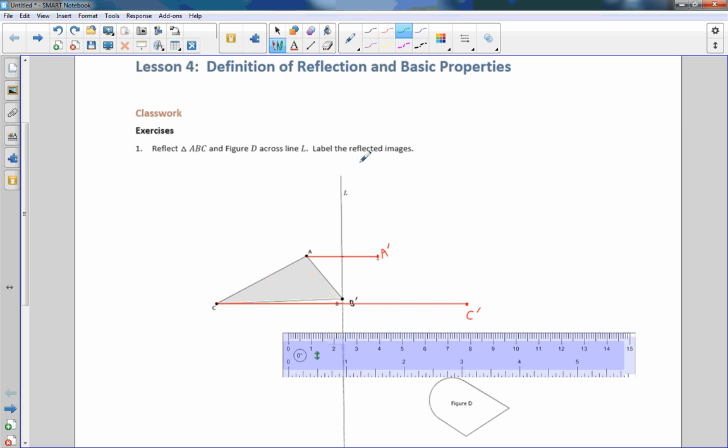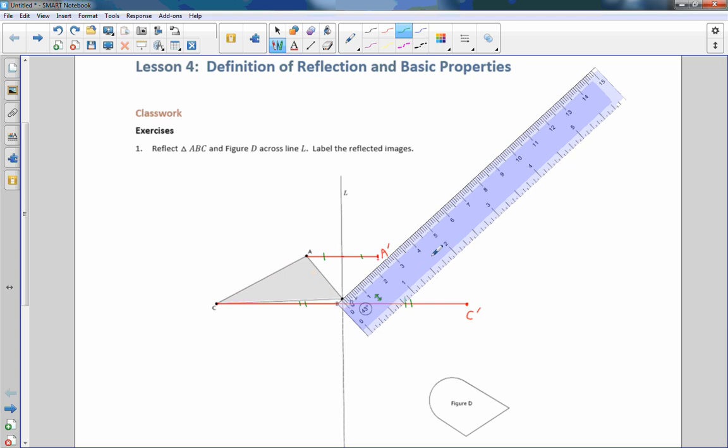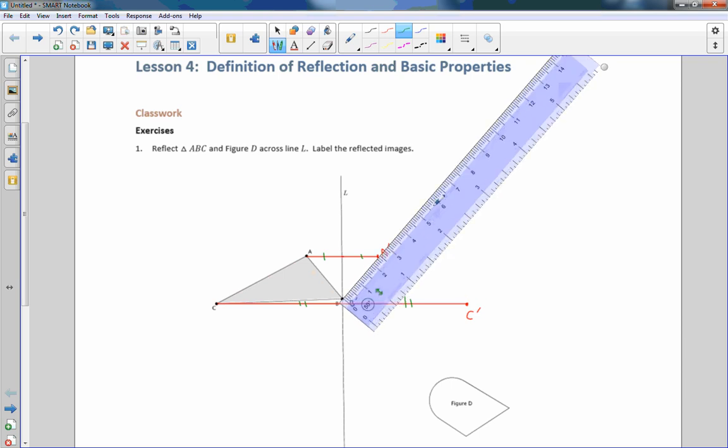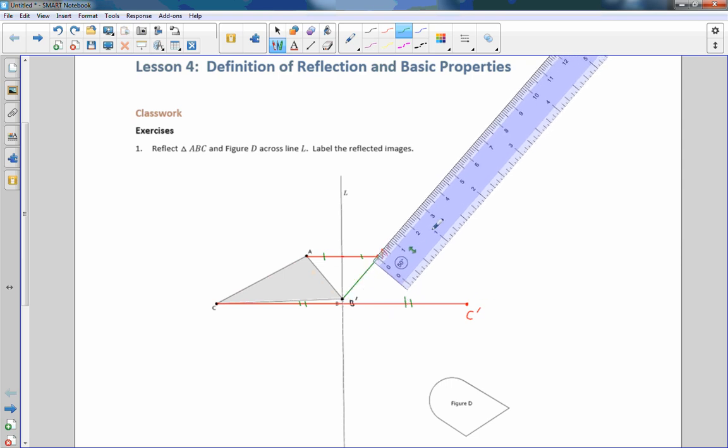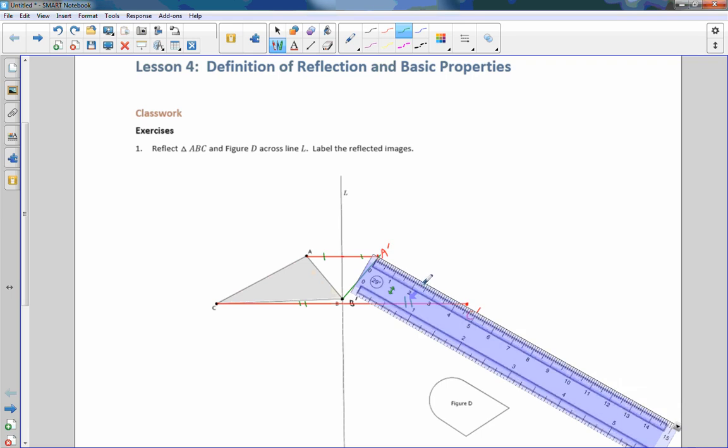So now let me change colors. This is just the lines I used. Now remember, this distance and this distance are the same, and this distance and this distance are the same. And B is right there. It's not going to move because it is on line L. So now I am just going to rotate my ruler, and if I put this right at 0, it will rotate about that point. So if I try to put that right on 0, roll this up to A, and I draw a line segment from B to A prime, and then put my ruler right at A and rotate it around to C,